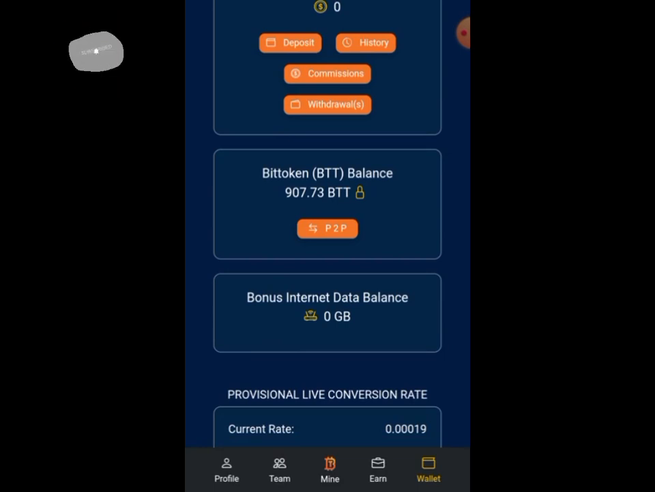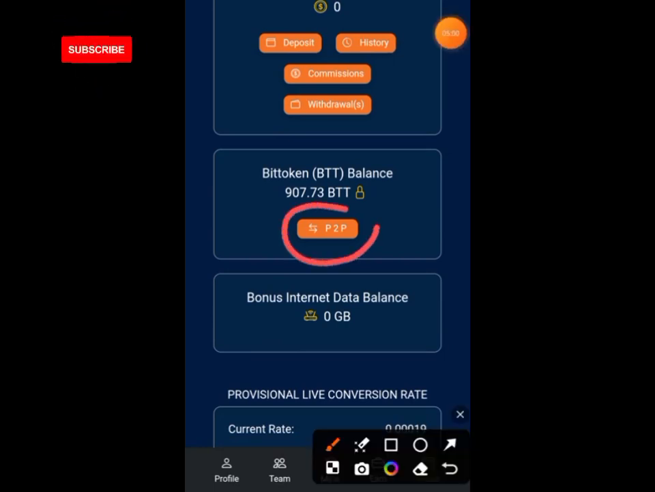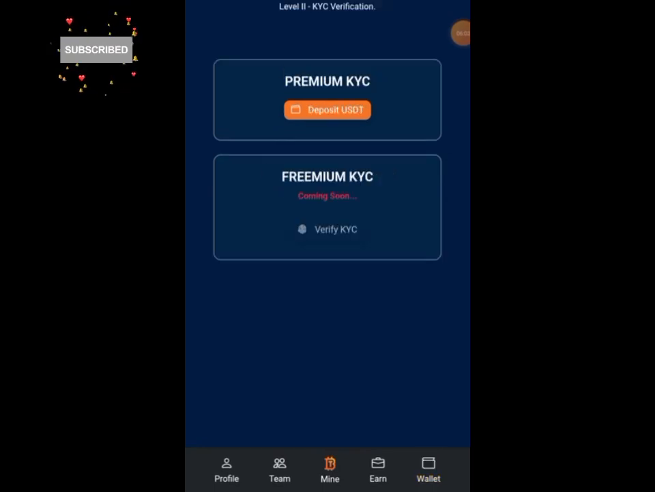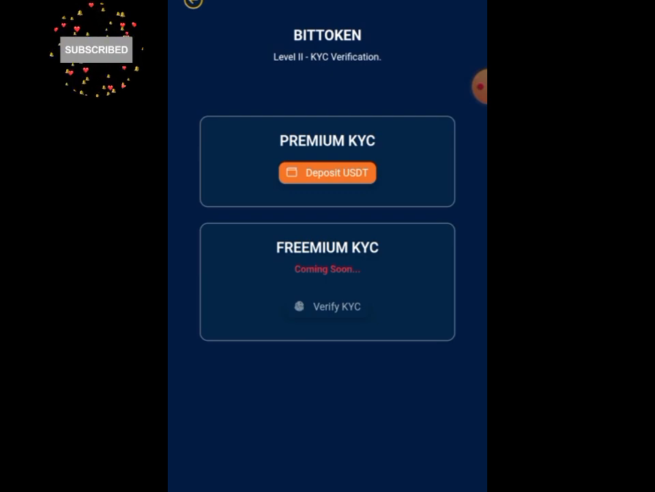Now all you have to do is click on this P2P that you're seeing right now. You need to do KYC before you can withdraw. So when you click on P2P, it is going to take you to this place. To do your KYC, the only one available right now is the premium KYC, which requires you to deposit